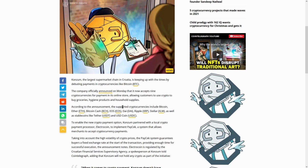According to the announcement, the supported cryptocurrencies include Bitcoin, Ethereum, Bitcoin Cash, EOS, DAI, which is 1-to-1 to the US dollar, pretty much a stable coin. We also see that it accepts Ripple in addition to XLM, along with some actual stable coins such as Tether